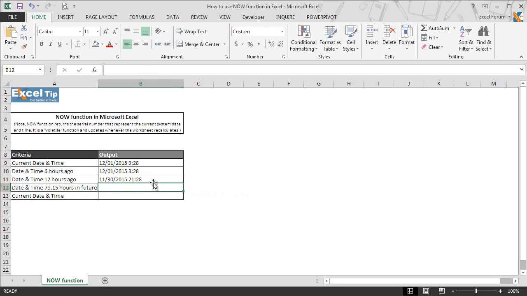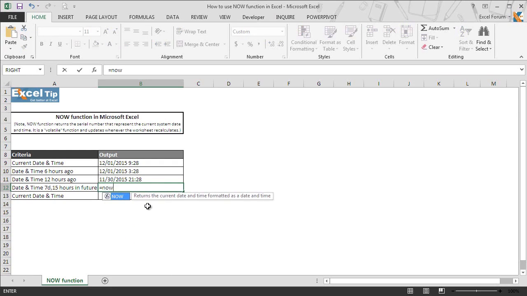In the next example, we will ask the function to return a future date and time of 7 days and 15 hours in cell B12. So we enter the NOW function, open and close the parenthesis, and then add 7. Again we enter a plus sign, open the parenthesis and type the time calculation formula to get 15 hours to be added.